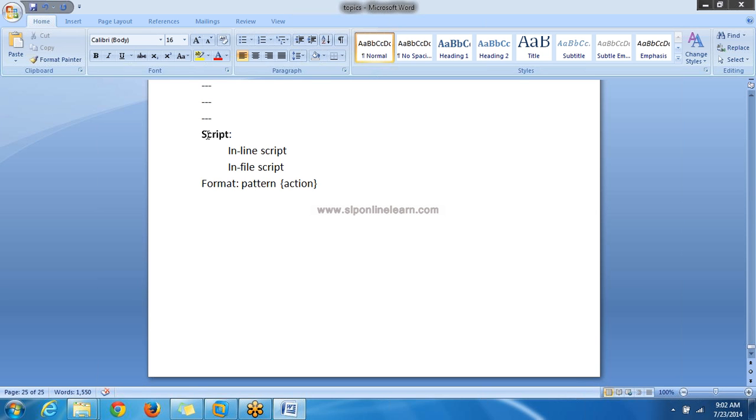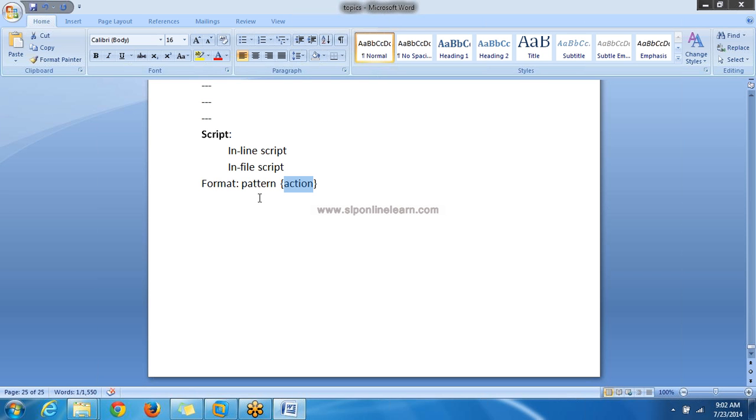If you see the format of the script file, this script contains pattern and actions. We know patterns, how to write patterns as well. Next we'll discuss patterns in the awk command.